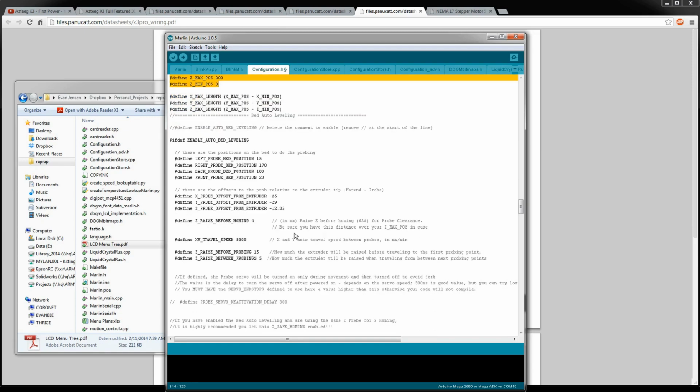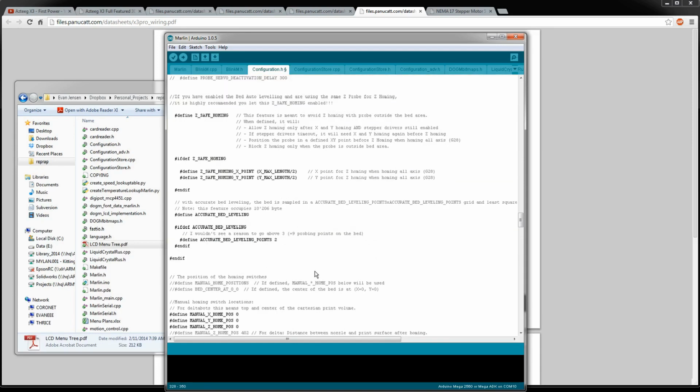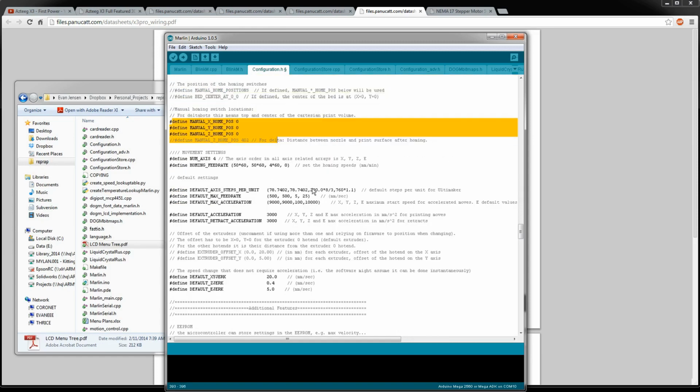So that's pretty nice as well. Bed probing, which I'll get into hopefully later on. That's pretty cool stuff. Homing, more Z homing. Manual homing positions, if you define manual home, which means you don't have to have any end stops, which is kind of cool. You can put your printer right in the middle of its bed and just manually home it,